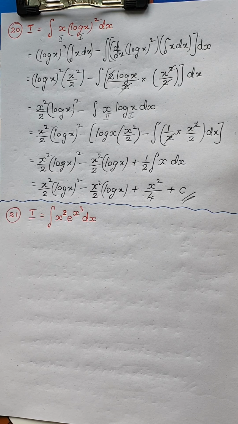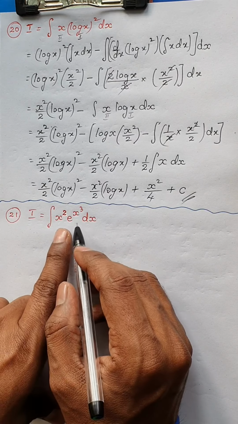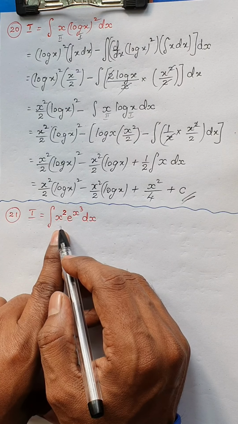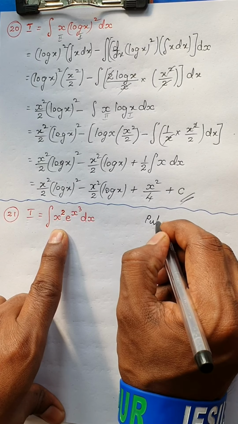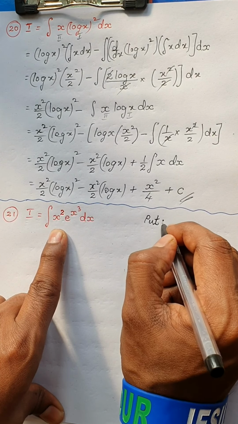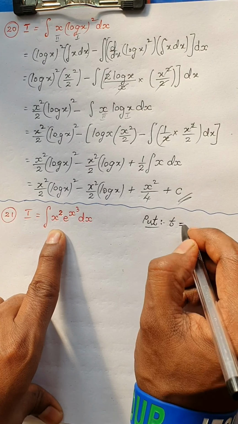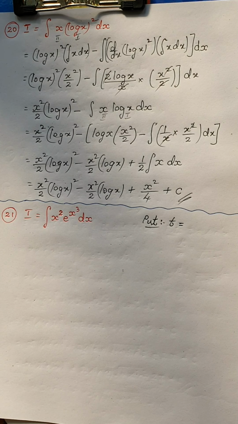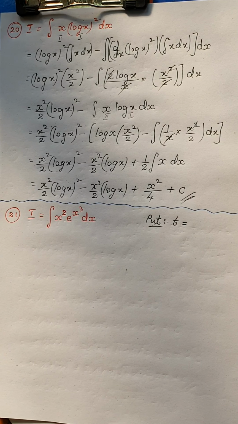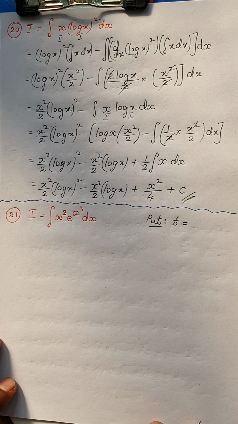Dear students, the next question we have in your exercise is integral of x square into e power x cube dx. But for this question, you need not use integration by parts. You can use the substitution method itself, because that is easier than this method. And one more thing is, he will not tell you to evaluate the given integral by parts or by whichever method. He will just ask you to evaluate or find. So it's up to you to choose whichever method you want.